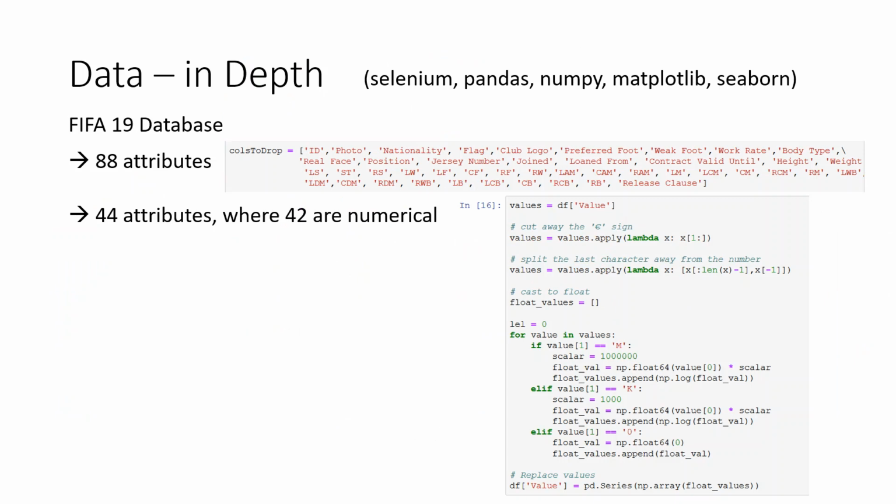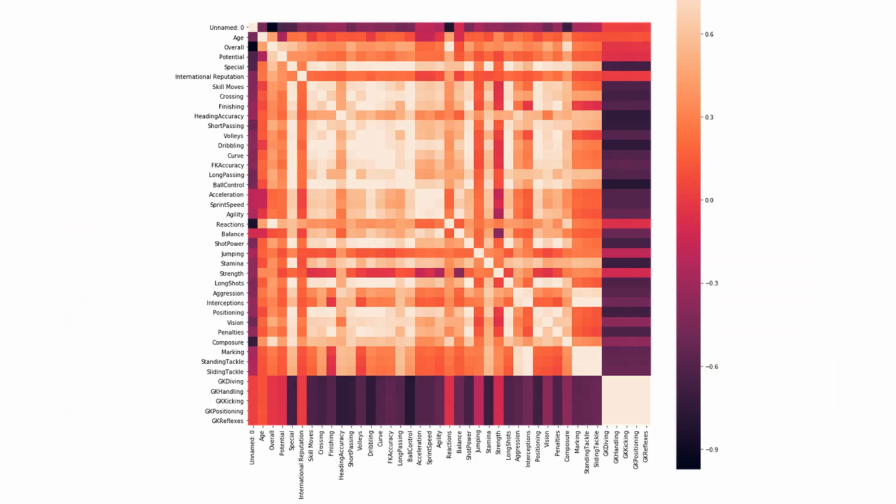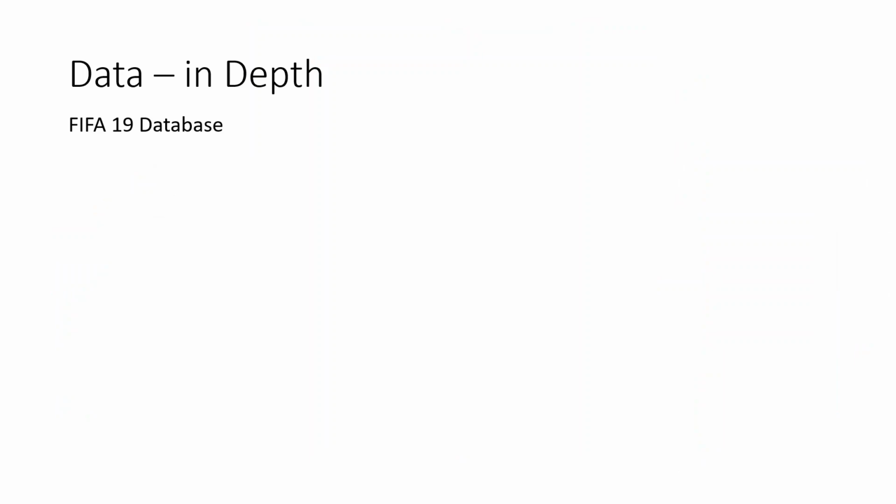cast to integer values, so that now I have 44 attributes, which are, what is a problem, very highly correlated, as you see here. So the whole correlation matrix shows many correlations above 0.6, which is way too much. So what I did,